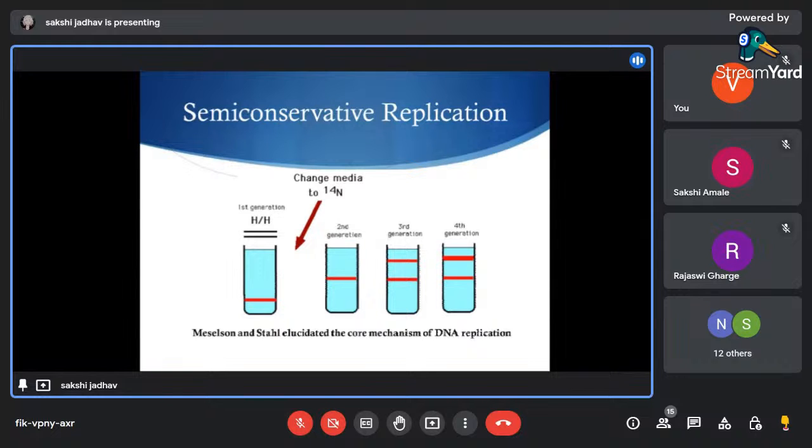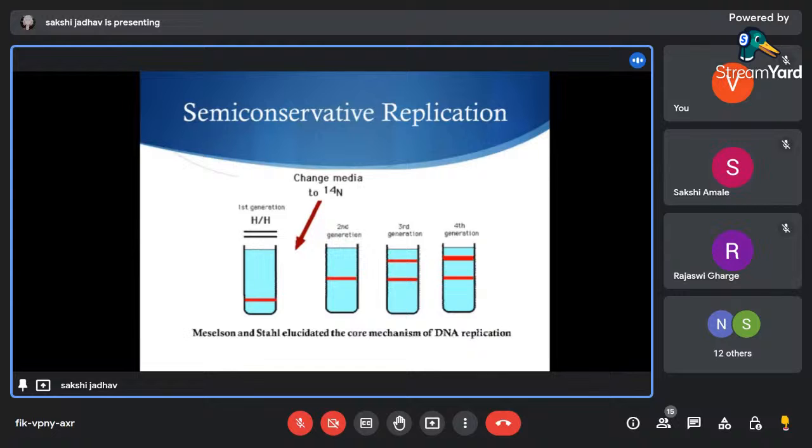Now, the third and fourth generations. In the semi-conservative model, each hybrid DNA molecule from the second generation would be expected to give rise to a hybrid molecule and a light molecule in the third generation, while each light DNA molecule would only yield more light molecules. Thus, over the third and fourth generations, we would expect the hybrid band to become progressively fainter. As we can see in the figure, Meselson and Stahl saw this pattern in their results,